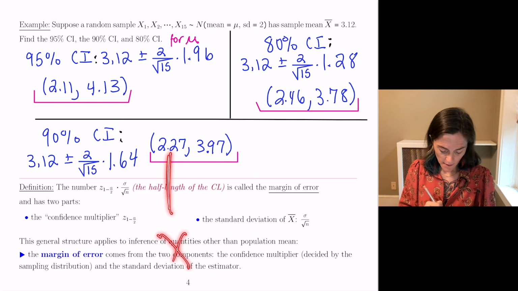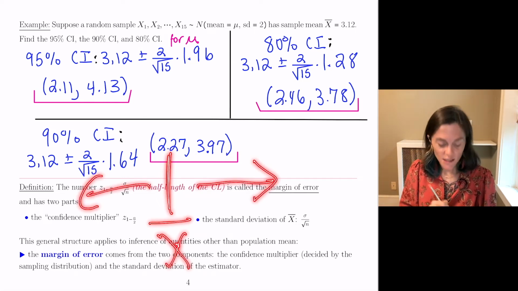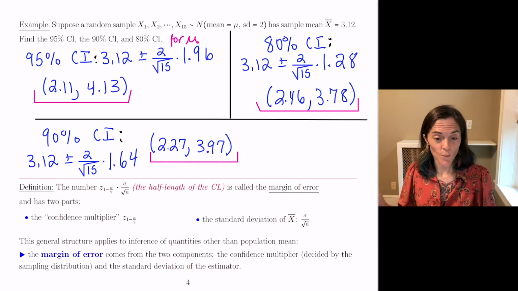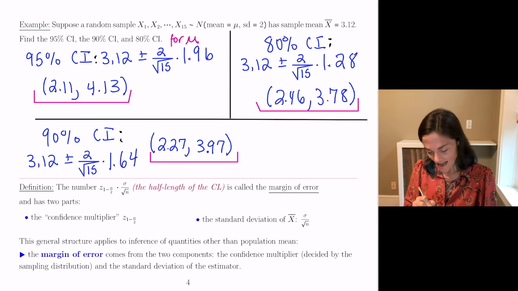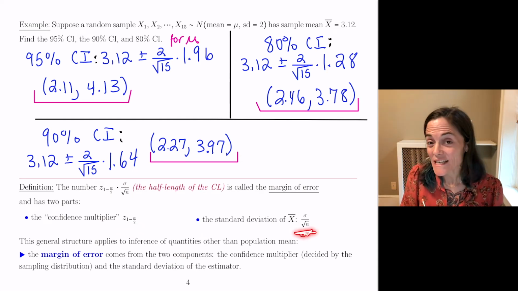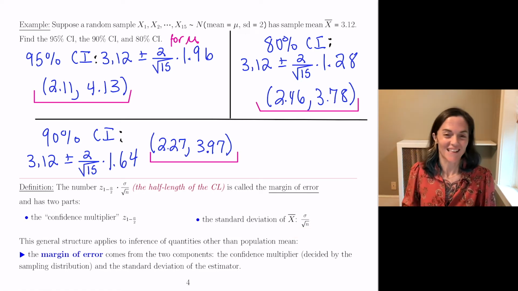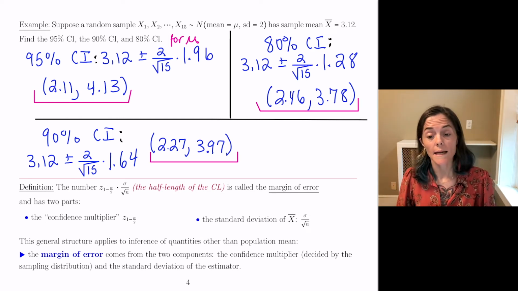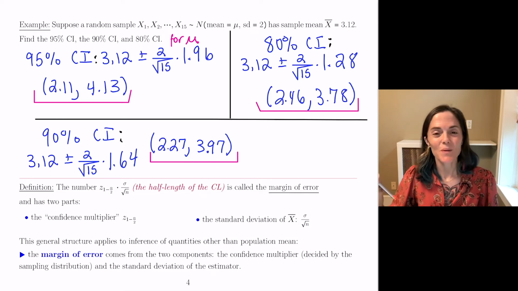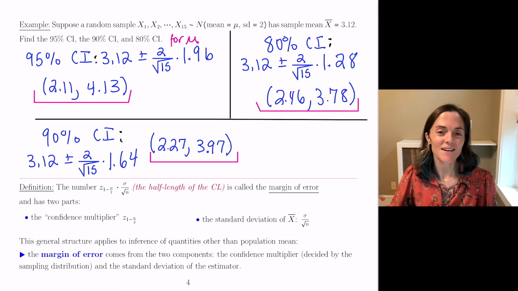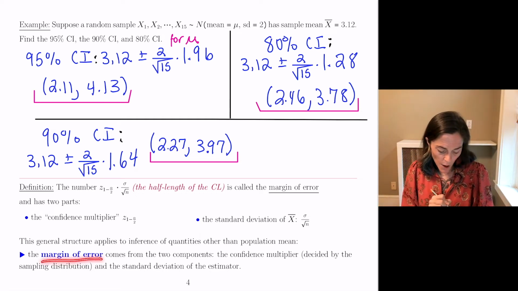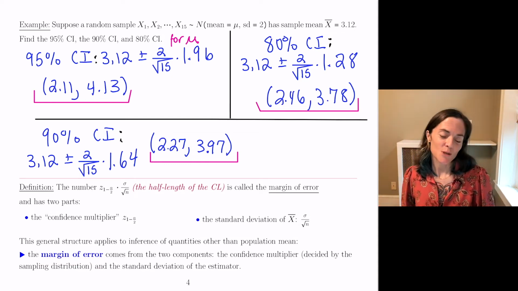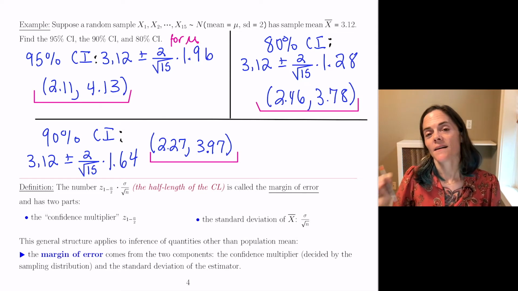So we have this sample mean, and we move in each direction by this margin of error to get our confidence interval. It has two parts. It has this multiplier, and it has the standard deviation of the sampling distribution of the sample mean. That's a lot to say. But this general structure applies to the inference of other quantities other than the population mean, some of which we will discuss in part 2 of the confidence intervals video, where the margin of error really has two components. It has a confidence multiplier that comes from the sampling distribution,